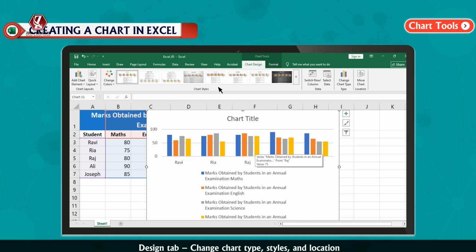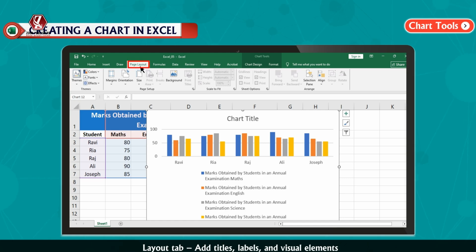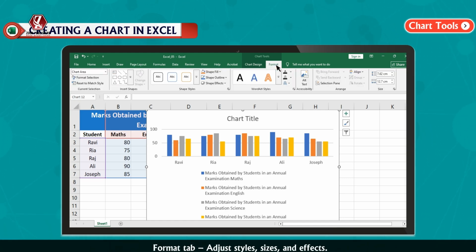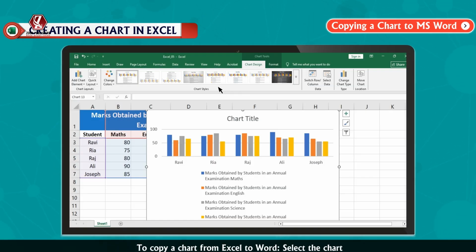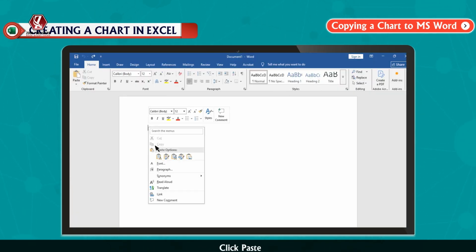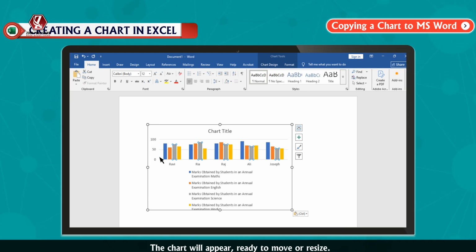Chart tools. When you select a chart, Chart tools appear on the ribbon with 3 tabs. Design tab, change chart type, styles, and location. Layout tab, add titles, labels, and visual elements. And Format tab, adjust styles, sizes, and effects. Copying a chart to Microsoft Word. To copy a chart from Excel to Word, select the chart, click Copy, open your Word document, click Paste, and the chart will appear, ready to